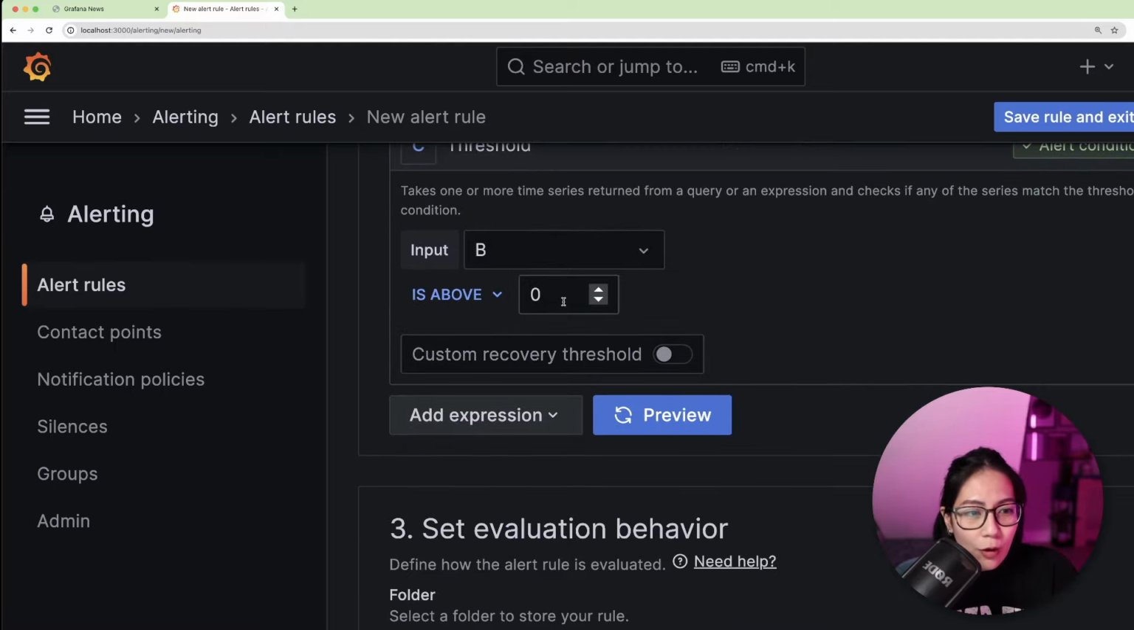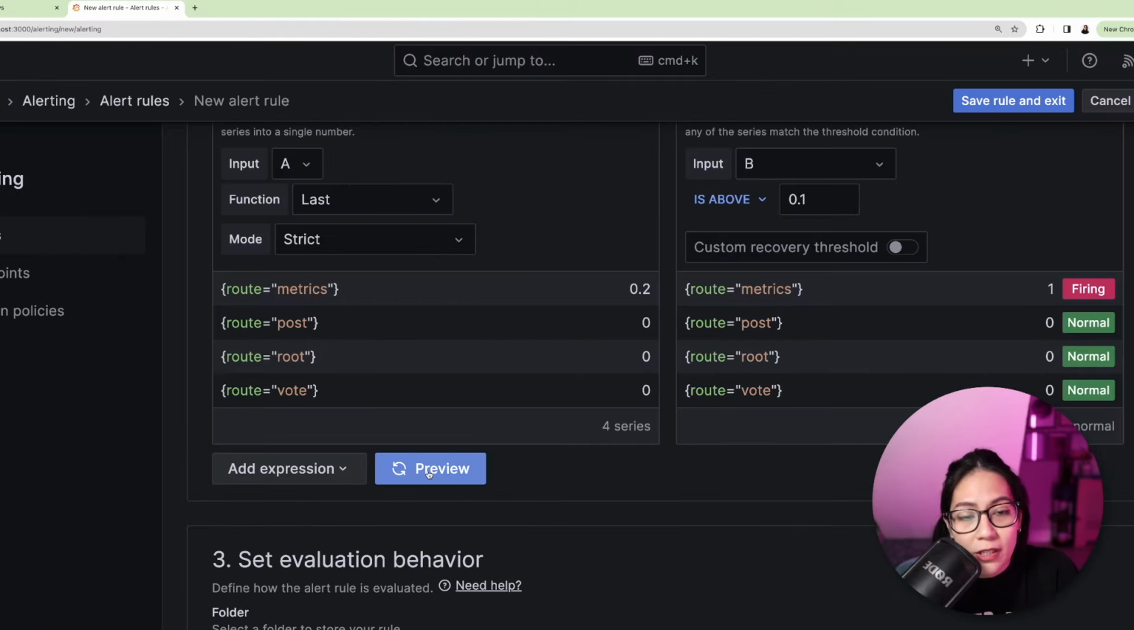Now, for this demo, I'm going to use a very small threshold so that it's easy to test. So let's say I want to set it to 0.1. You can also quickly preview these expressions by clicking the preview button. Now, since one of the results is above 0.1, then you can see that the alert rule state is set